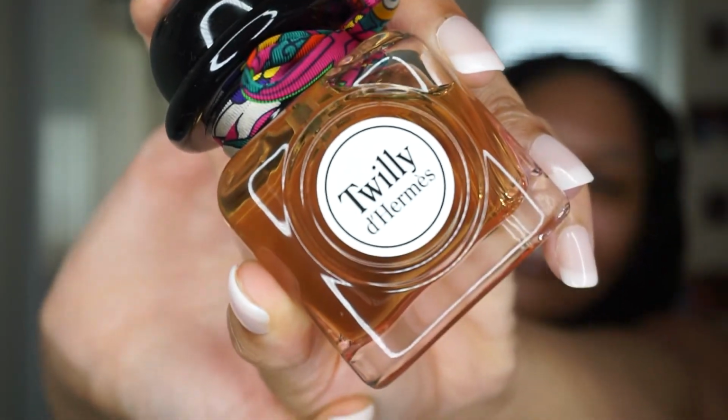So the next song is Break My Soul, which obviously was a hit single before the album got released, and that song just gives me a whole brunch vibe. So of course with the brunch vibe, you know I had to go with Hermes Twilly. This is such a perfect brunch fragrance. When I hear Break My Soul, I immediately think of being at brunch with my homegirls, enjoying some mimosas, just vibing out. But it also gives, in case this turns into a party, I'm ready to shake a little something, something. It is just such a pretty fresh fragrance that is so perfect for brunch. This fragrance is brunch in a bottle. It just reminds me of mimosas,